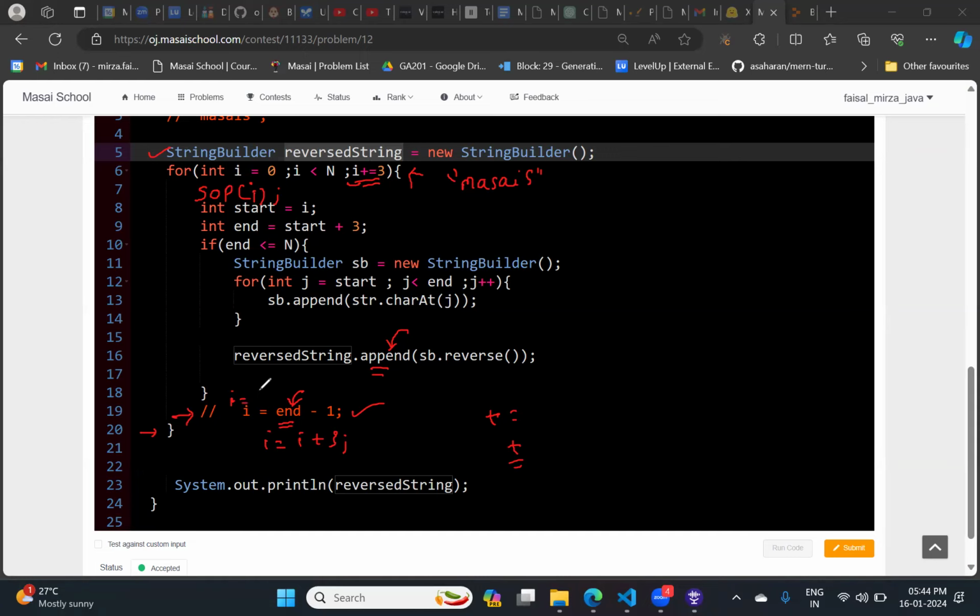I can also increment it by 2, by 3, or any number you want. Because after this increment statement, it is going to check whether this value of i is less than n or not. This condition has to be satisfied. Whatever value of i is coming from the second iteration has to go through this condition. If it satisfies, then only whatever inner statements you have written are going to work.